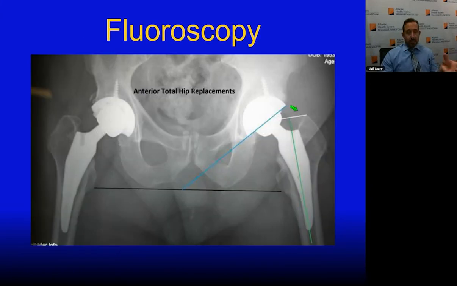Other advantages are that you're able to use fluoroscopy live while you're working because of the way the patient's positioned. So you get real-time feedback in the OR. You're able to actually watch your implants go in while you're working. So it definitely increases the accuracy and the ability to recreate leg length, offset, technical components to make sure it's really done the way you want and everything is right before you leave the OR.